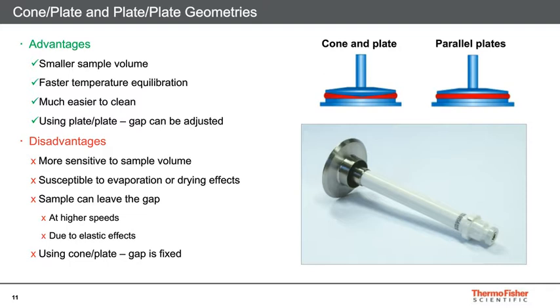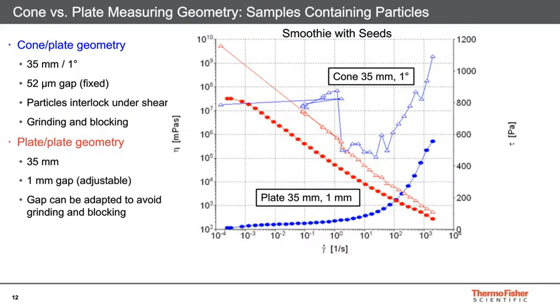And then working with the cone plate, that gap is fixed based on how that cone is machined and engineered, it has defined set gaps. So the cone plate is slightly more limited than the parallel plate setup. So here's actually some example data using a sample that contains particles. It happens to be a smoothie with some seeds or some fruit particles that were left over after the blending. We measured its viscosity both with the 35 millimeter cone with 1 degree as well as the 35